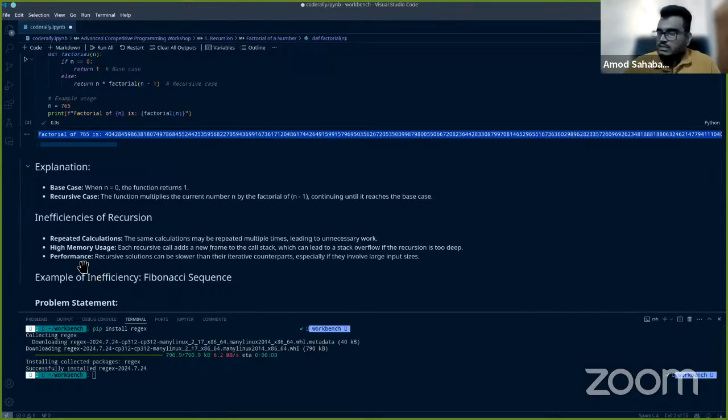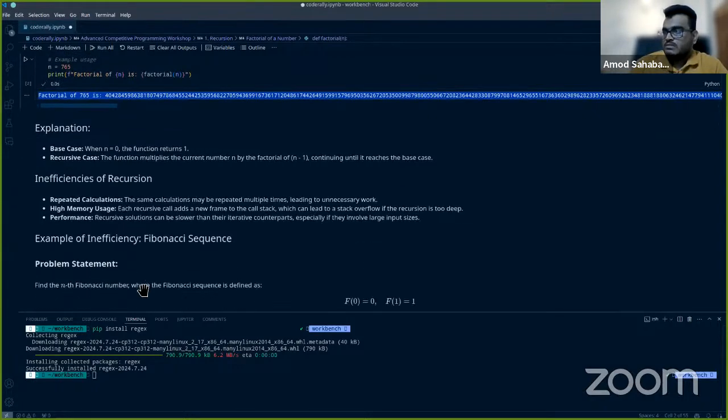And the third thing is performance, right? So recursive solutions are slower. We don't want slow performing code. What we need is more efficient code, right? So